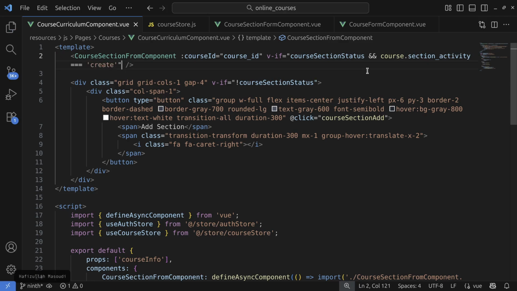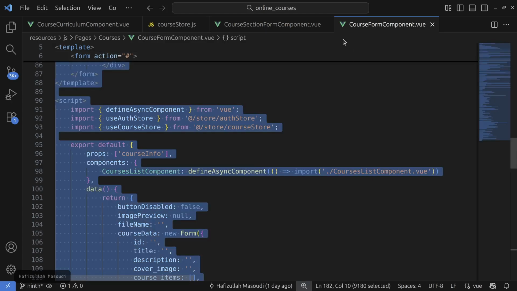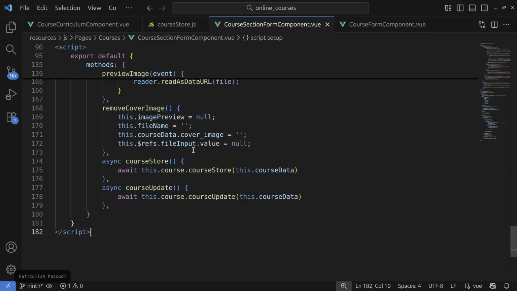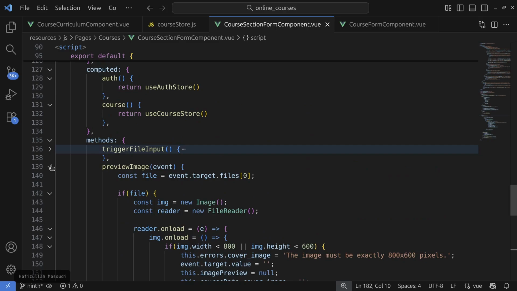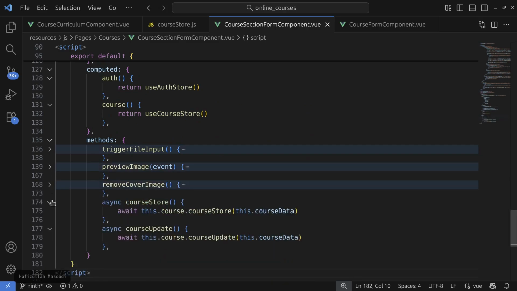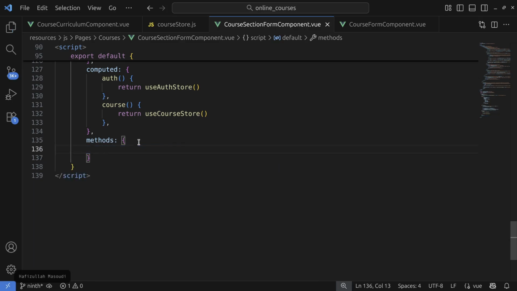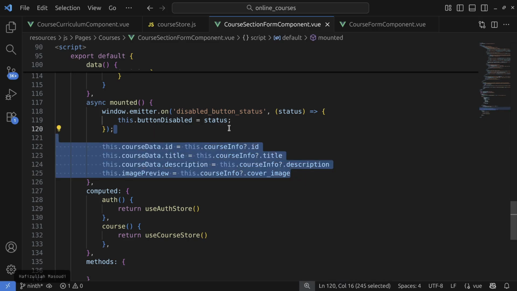So this being done, let's work on our form. So let's copy first of all everything that we have in our course form component. So I will Control A and Control C and Control V in here. So let's first of all remove all of the methods because we don't need them. We will do something else. So let's remove them, and let's scroll to the top. So let's remove this code also,